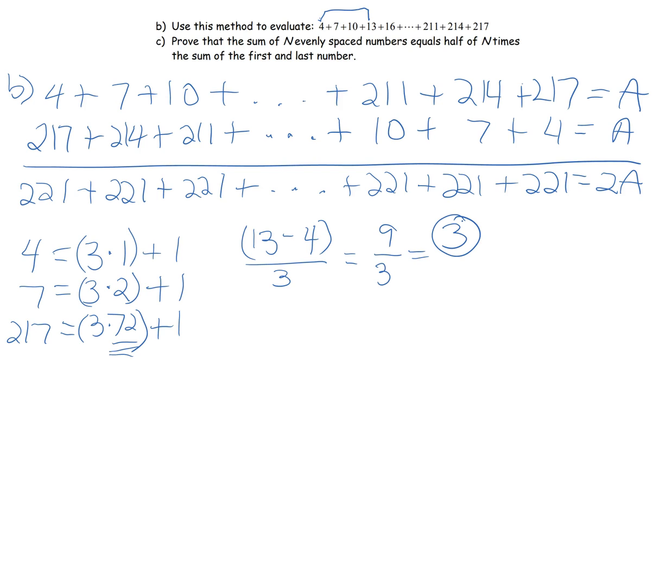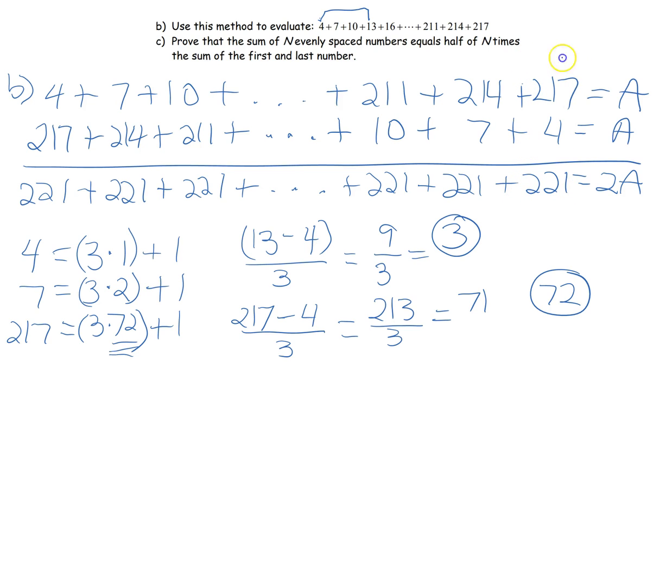And so if we want to find out how many terms we've added to get 217, we just do the same thing. We do 217 minus the first term, which is 4, divided by 3, and that gives us 213 over 3, which is equal to 71. So that means we've added 71 terms to 4 to get 217. So our total number of terms is 71 plus 1 more for the 4, so it's 72. So this is just 2 ways of getting the answer that we have 72 columns that we're adding up in